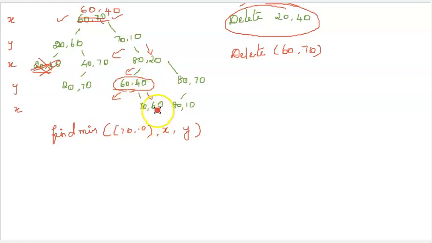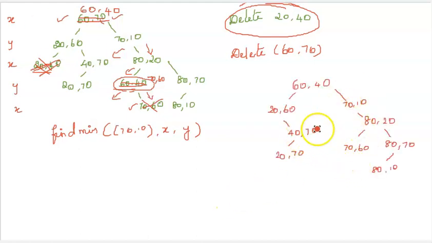Yes, I have a right. So I'll be jumping to the right and finding out the minimum. The only data in the right side of 60 40 is 70 60. So this data will be copied here. Okay, so now instead of the 60 40, this 70 60 is copied. And again, deletion of 70 60 is required starting from this position. Okay, so we have replaced 60 40 with 70 60 and we have to delete the 70 60. So in this position I find a 70 60. As it is a leaf, I can just delete this.